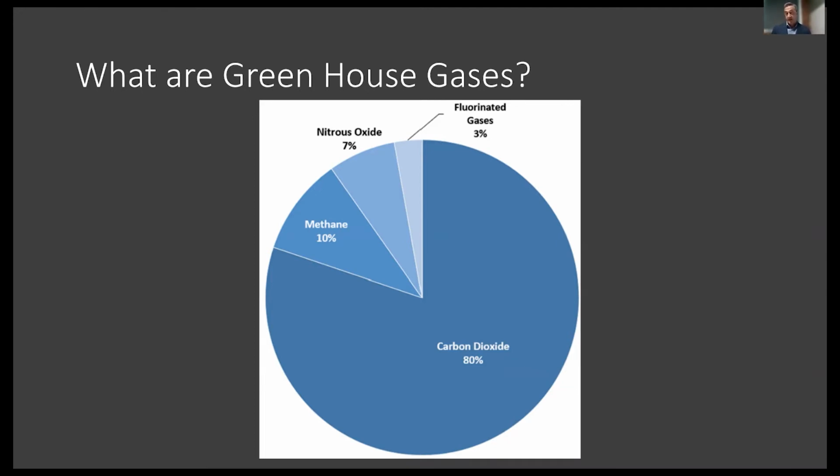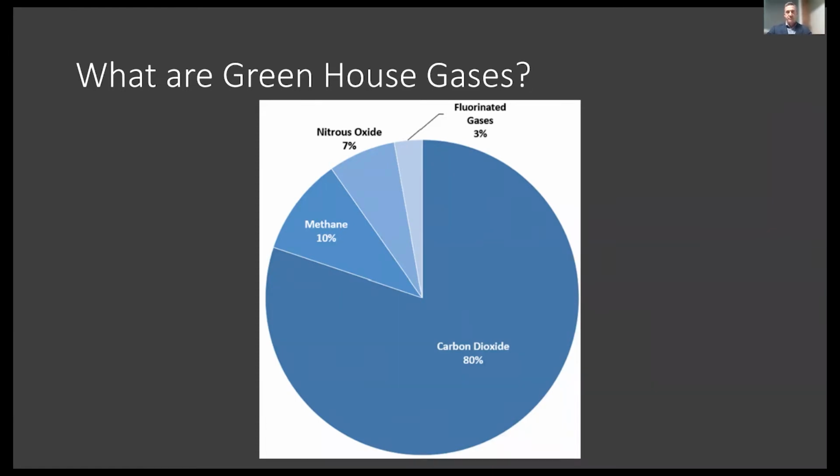Carbon dioxide is the largest one. However, it's the least value of a greenhouse gas. So everything is based on carbon dioxide, which has a value of 1. And then as you move up to the other greenhouse gases, they increase in their heat retaining capability. So as you move into methane, you're going to be around